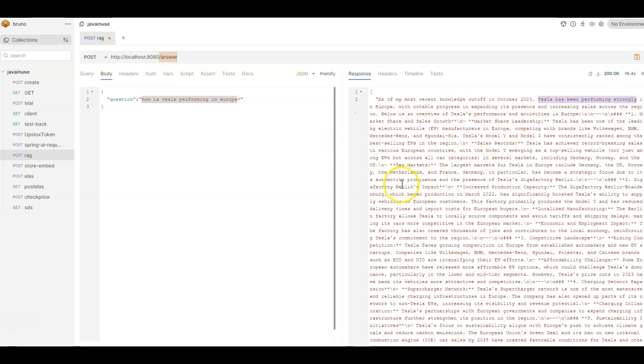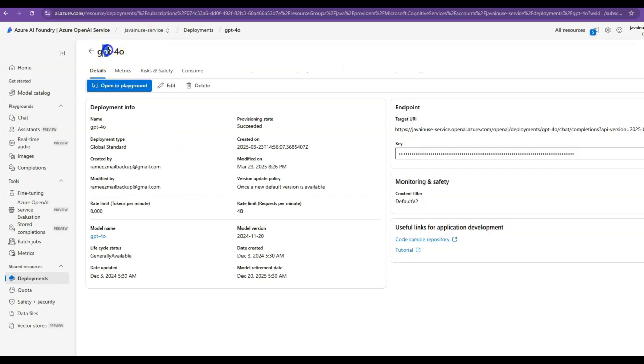So we'll be modifying this example to implement RAG, or retrieval augmented generation. In RAG, along with the question that we want GPT-4o to answer, we'll also be providing some reference text using which the GPT-4o model can answer the question much better. For this tutorial, along with the GPT-4o model, we'll also require the text embedding model so that we can convert the text to vector embeddings, which can be stored in a vector database.